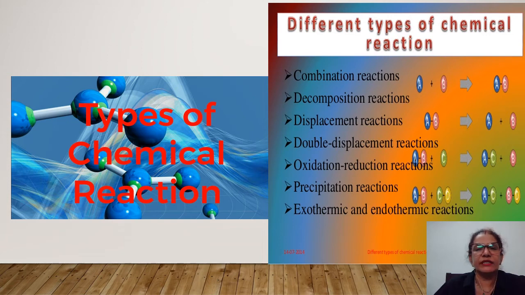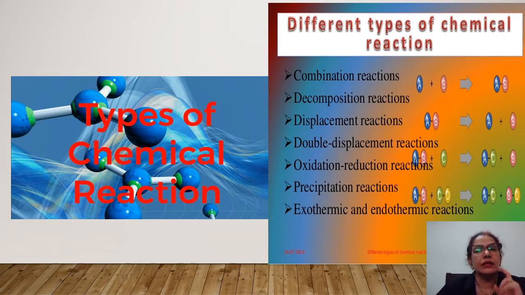Students, boys and girls, I hope you all are enjoying this journey and your first destination for chemical reactions and equations. Till now you have learned quite a lot, and now we will continue with the chapter where we will see the types of chemical reactions. Till now we have done balancing of equations, what is a chemical reaction, what is a chemical equation, and now types of chemical reactions. So there are 5 types of chemical reactions which you will be learning.